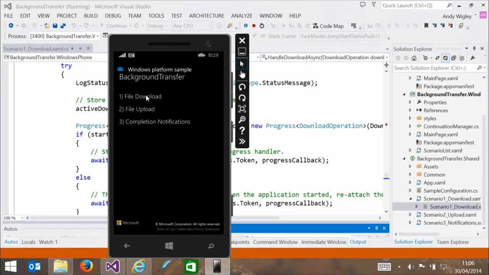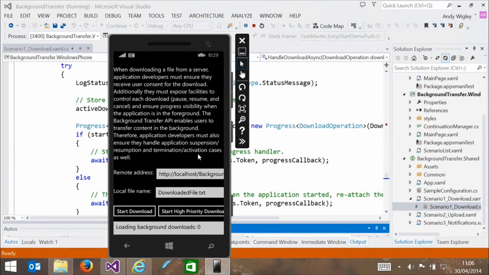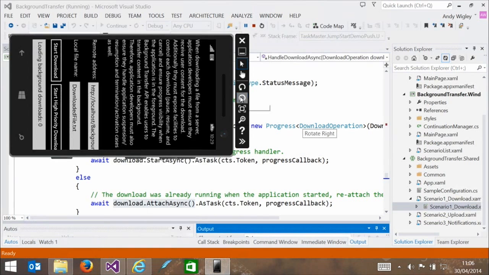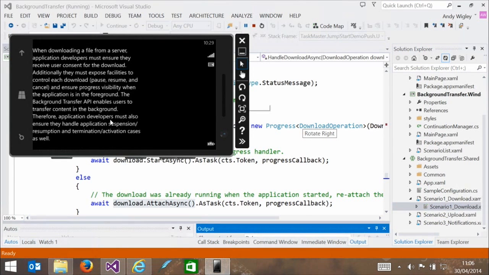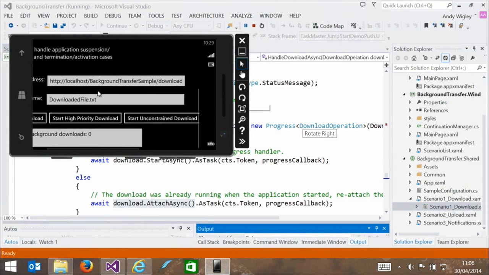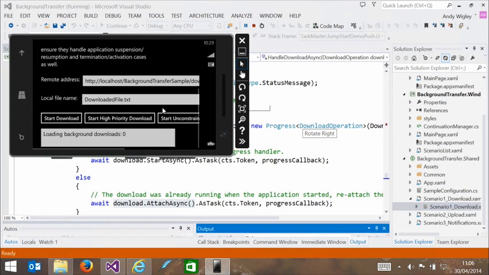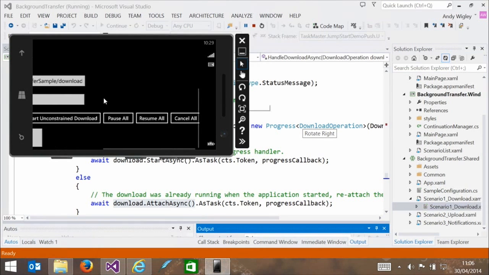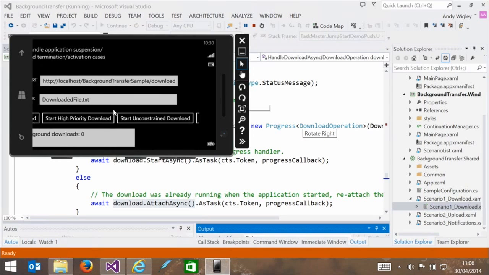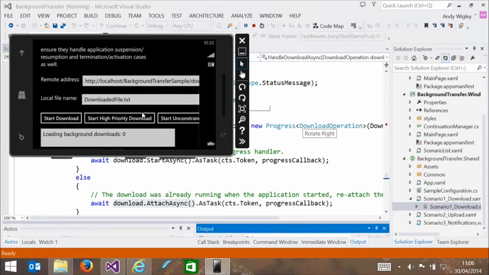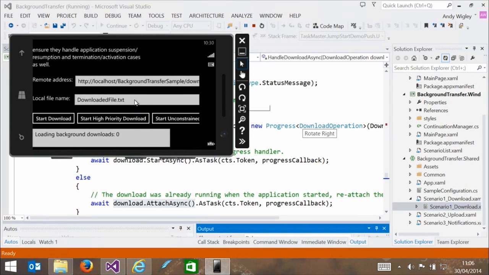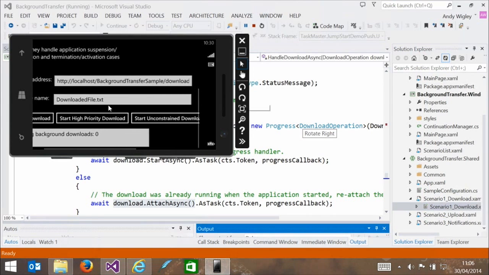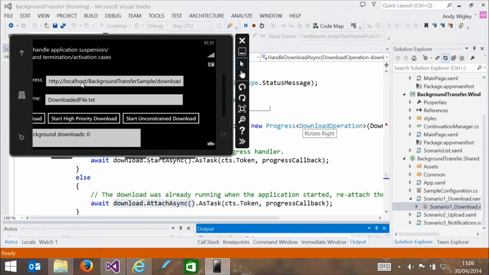First of all, file download, and just look at this wonderful UI. Somebody didn't do a really great job on this, I'm afraid. Look, this is pretty horrible. Buttons extending off the end. This is because this was a quick port from the Windows version, just to show you that you need different UI on a phone compared to Windows. But we've got, what's this? This is where our background service is. Background transfer sample. It's a website running